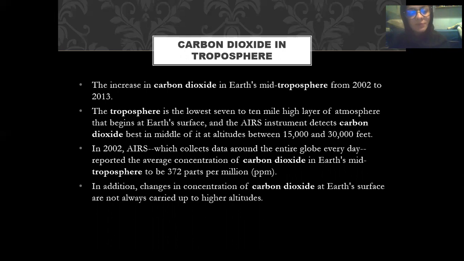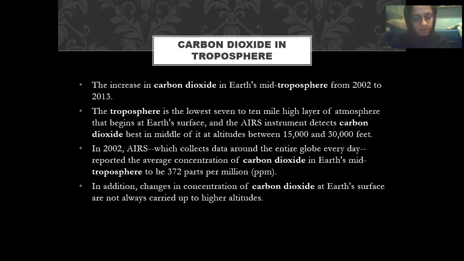Carbon dioxide in the troposphere. The increase in carbon dioxide in the Earth's mid-troposphere from 2002 to 2013. The troposphere is the lowest layer, 7 to 10 miles high, that begins at the surface. The instrument detects carbon dioxide in the middle of the atmosphere, at an altitude between 15,000 and 30,000 feet. In 2002, the instrument, which collects data for the entire globe every day, reported that the average concentration